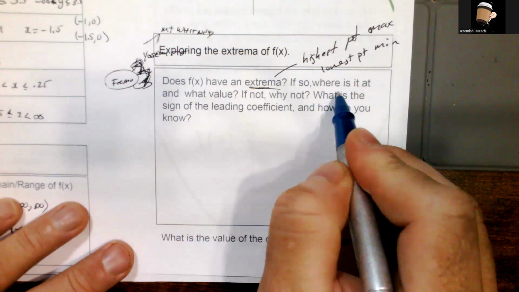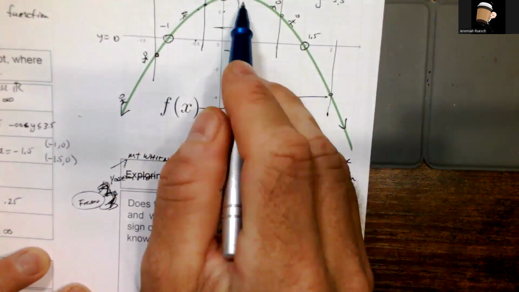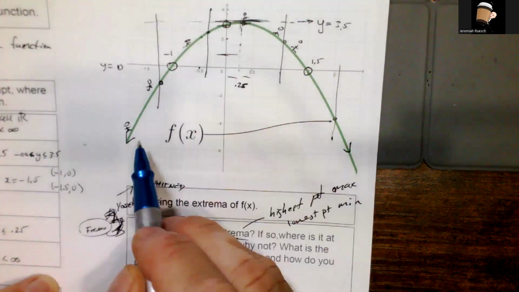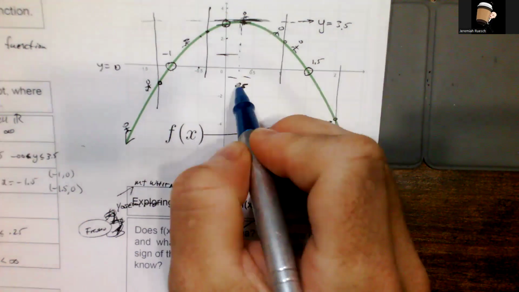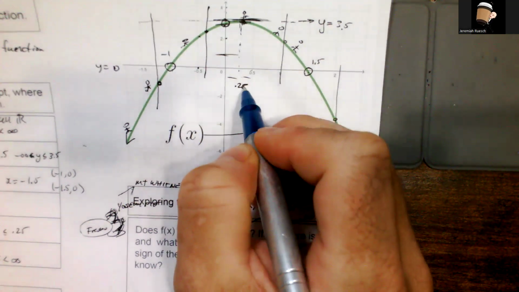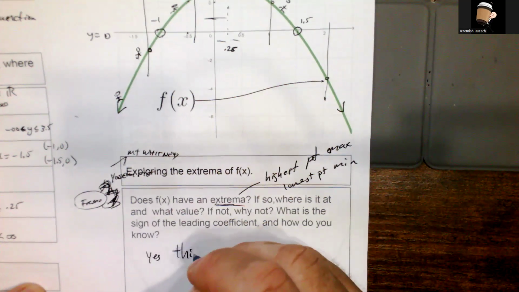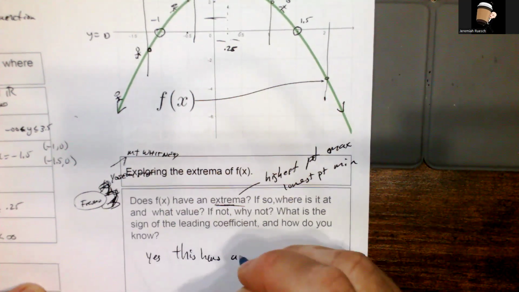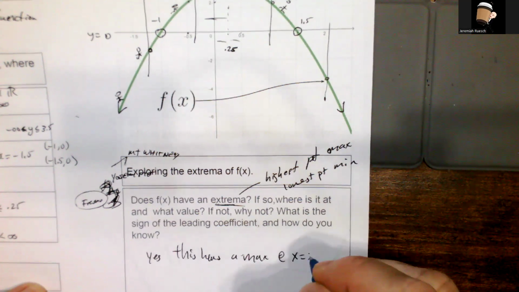And so we just got to look at our graph here, and do we see a point where this graph kind of reaches a highest or a lowest point? And as my little guy was showing, it does kind of look like he gets to a highest point here at that value of x equals 0.25. And so we would say, yes, this has a max at x equals maybe 0.25,